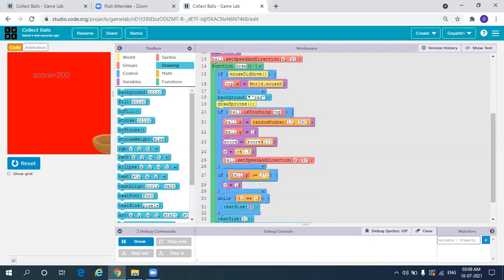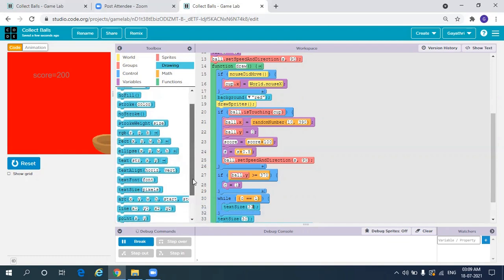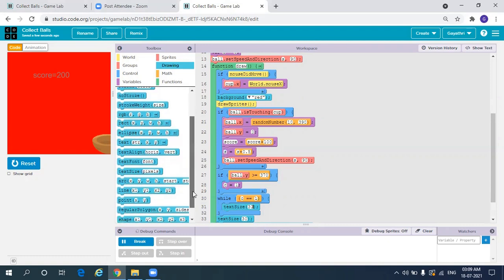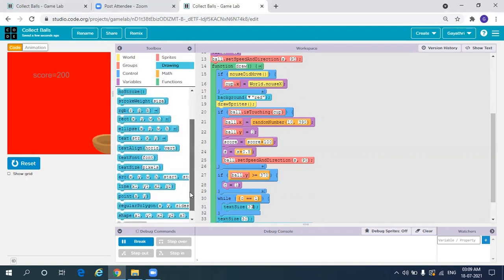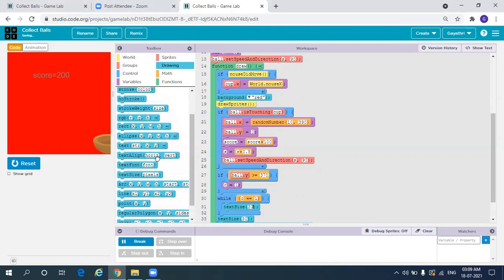Text size is equal to, say, 20 or 30. Let it be 30. Then we'll take the text itself. I'll take the text, drop it here. So the text will say game over. This is the position where it will display. So I'll make it 150 and 150.